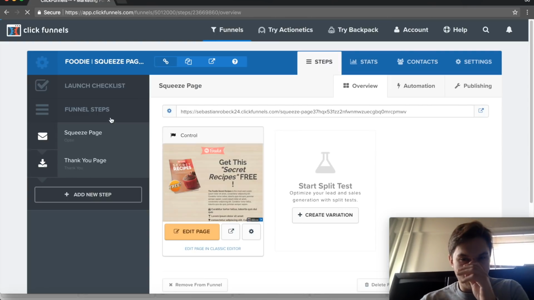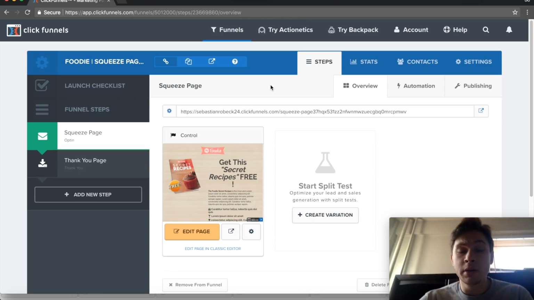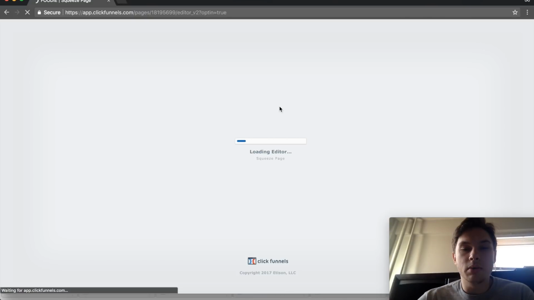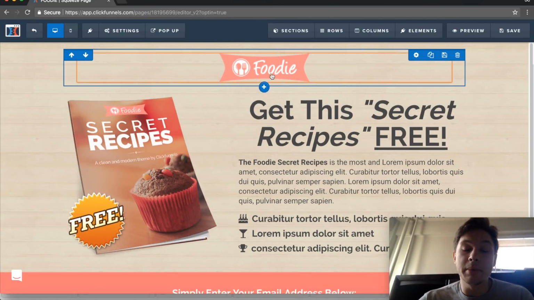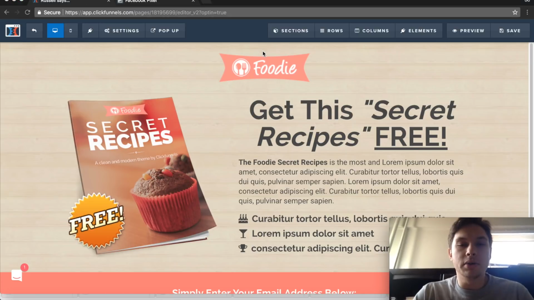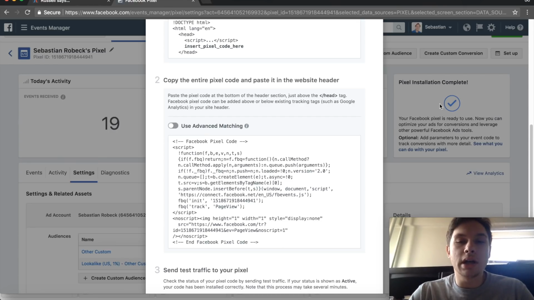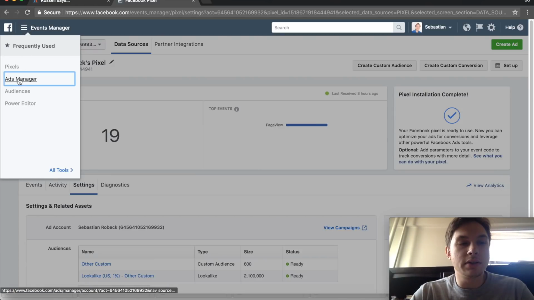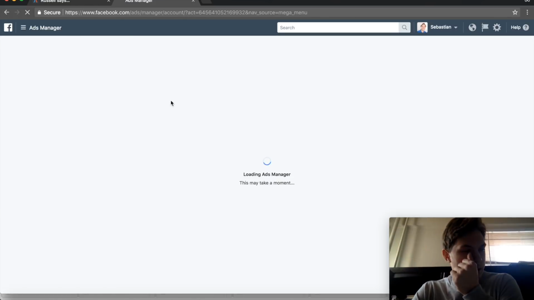So let's go back to this funnel that we just made. We go back to edit page. Now, something that's super important. It's not important if you're not doing retargeting, but if you are doing retargeting, then you have to know how to actually put your Facebook tracking pixel into your ClickFunnels funnel. So let me backtrack a little bit. I would go into my Facebook Ads Manager account, right? So let's say we were here at the very beginning,